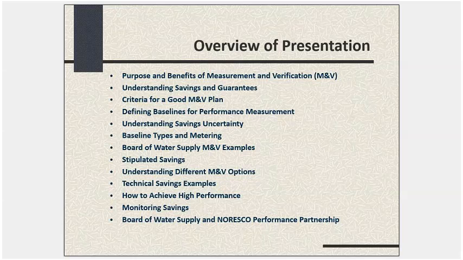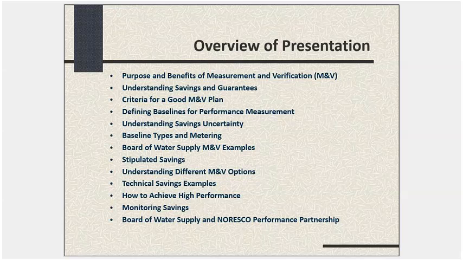And then probably one of the most crucial things is understanding savings uncertainty. What are the factors that can affect savings over time, how do you manage that uncertainty, and what are some strategies? And we'll talk about different types of baselining. In this project, you're primarily using what's called an Option A M&B method, which has an equipment-specific type of baseline. But we'll be talking about that, and some other types of baselines that get used in some types of projects. And then we'll talk about a few of the ECMs as examples of M&B